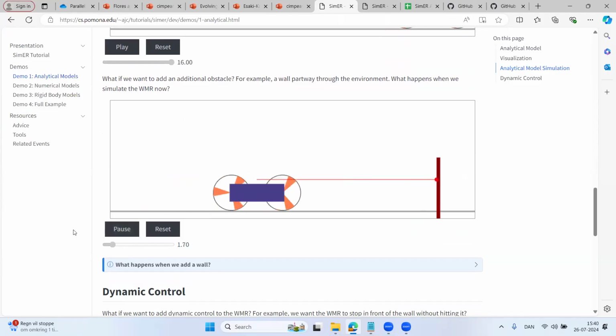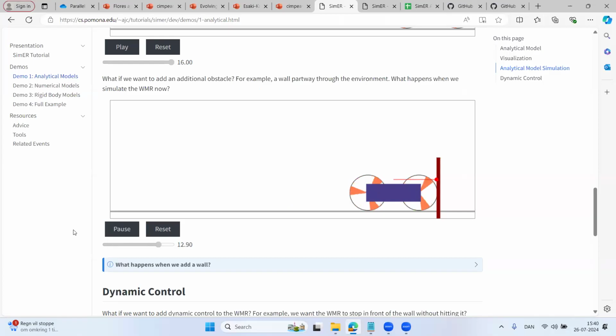I can sort of fake it. So I have a distance sensor here. It rolls across, and it looks like this is a dynamic simulation. But really, I'm just saying for all time greater than whatever the time it takes to get past this point, just don't let it move any further. It's just fixed at that location.